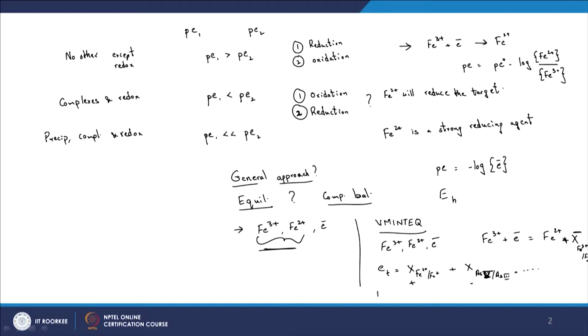Similarly, if I am writing the Fe2+ total balance, it would be Fe2+ and the relevant species with respect to the complexes, and also X, Fe3+ by Fe2+, and so on. With respect to Fe3+ it will be negative there. And thus Vminteq tries to arrive at the solution. Such a brief outlook is good enough for us. Once you understand the approach, you can get that done if necessary, but obviously Vminteq will cut down on the time. So now we are going to move on to the next aspect that we have talked about,